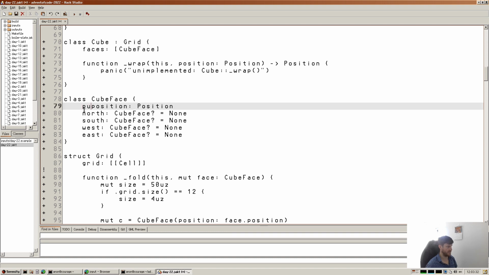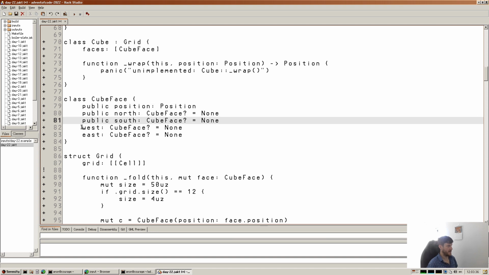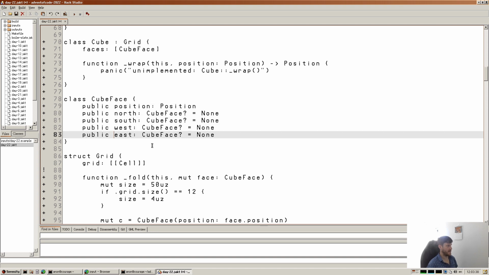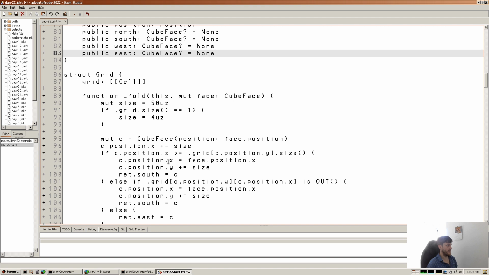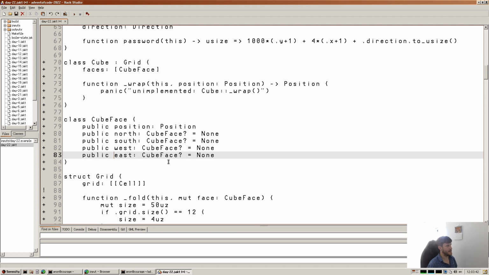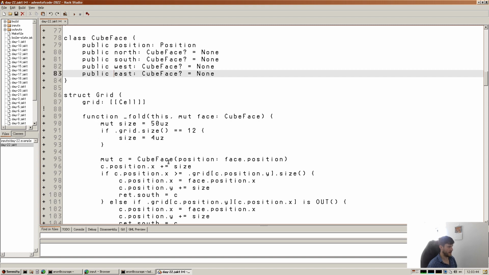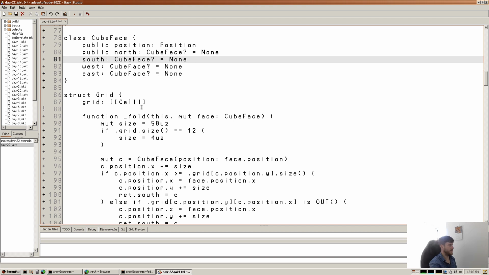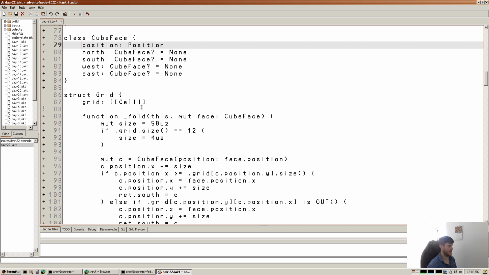Maybe I'll just do that for now. Yeah, I guess this fold could just be on there. Yeah, maybe I'll do it like that, and